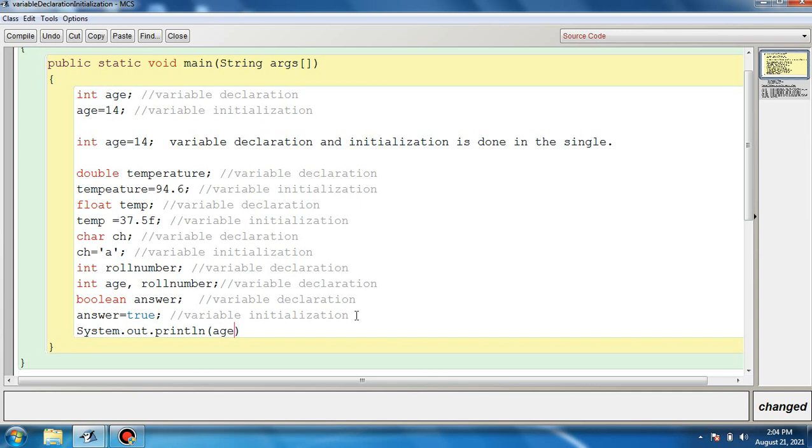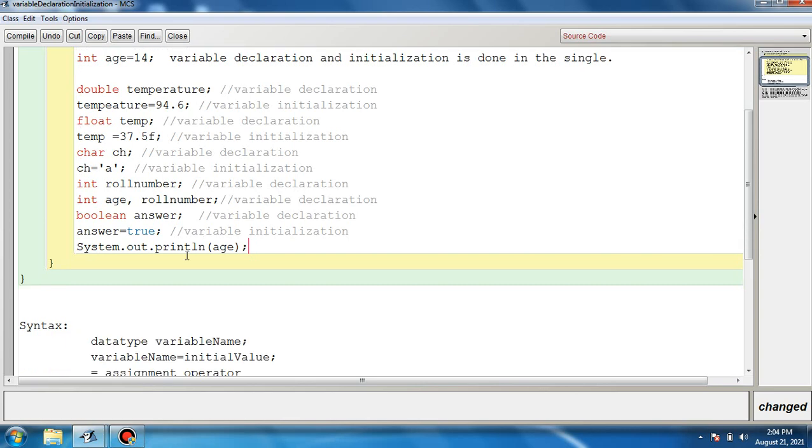Here we will type the name of the variable. If I type the name of the variable, age, look at this: age stores 14. I will make these two lines a comment for the time being, because we can't declare the same variable a number of times. Only one time we have to declare it in the same program. So age, look at what value age stores. We have assigned the value 14 to this age variable. This means whatever value age stores will be printed on the output window, or you can say the terminal window.